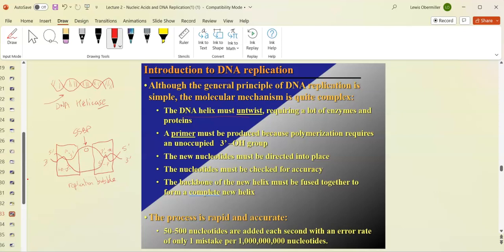And that's why they're called SSBPs, or single-stranded binding proteins. Now, if we have an open area, if we're looking at the open bubble, and we look at one of the forks, the way that I've drawn this is the 5' end, this is the 3' end, and this is 3' and 5'. So once this is open,